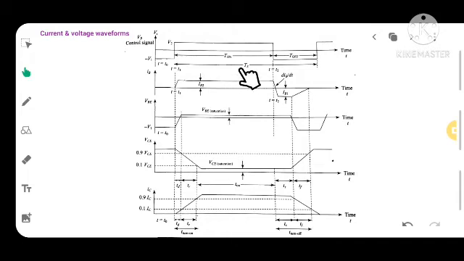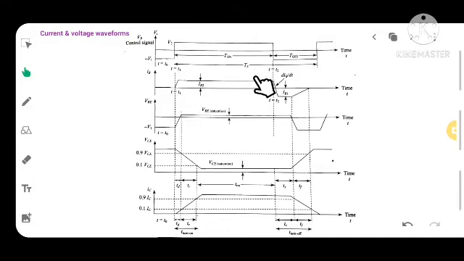what will happen? As the positive voltage is applied at the base terminal of the transistor, the transistor will be in the on state, and obviously the output collector current will start to flow through the load resistance connected in the output circuit.